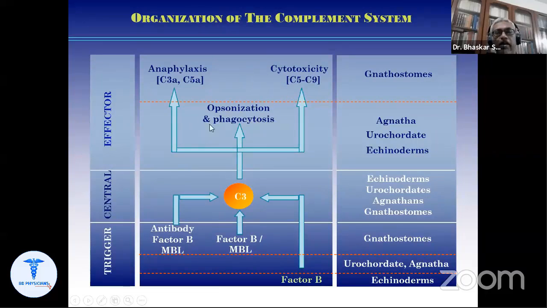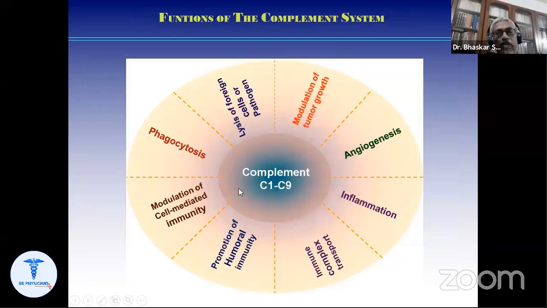So basically, what we find is that the complement system has a trigger region, then the central and effector regions. And what we find is that pathogens have evolved different ways to target these three different steps. But before we go to that, the complement system's function is not only fixing the membrane attack complex on the pathogen-infected cells or on the pathogen itself, but the released components can have many other functions.